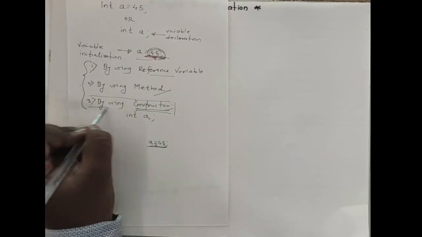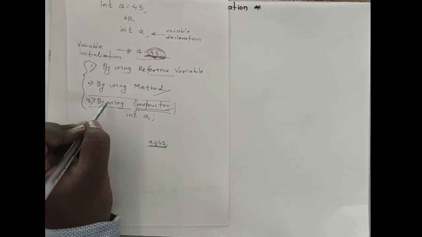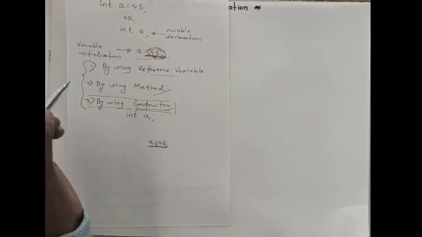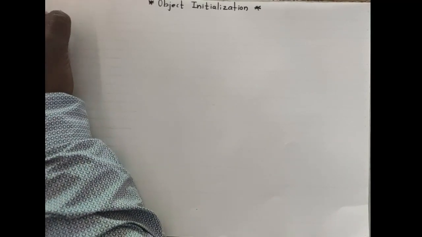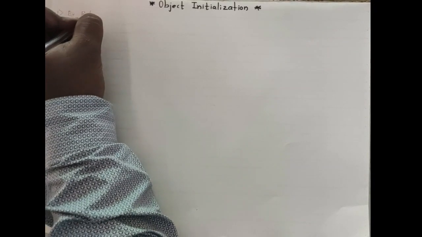Right now we are not discussing the constructor type here. We have a separate point with us for constructor. Right now we are only discussing initialization by using a reference variable and by using a method. So first type, initialization by reference variable. For understanding that, here I am considering a Java class,